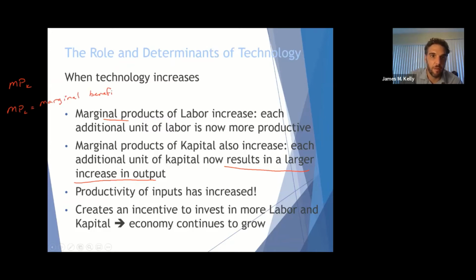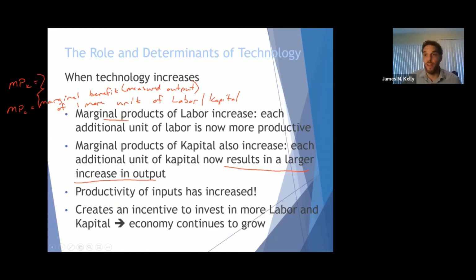benefit. It's measured in output of 1 more unit of labor in the marginal product of labor case and capital in the marginal product of capital case. And so that's what we're saying, is that when technology increases, it increases the marginal benefit of these inputs,